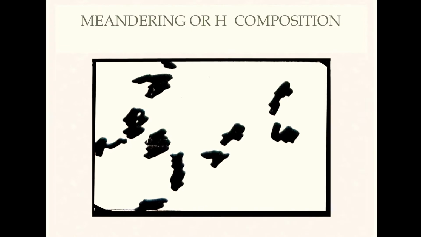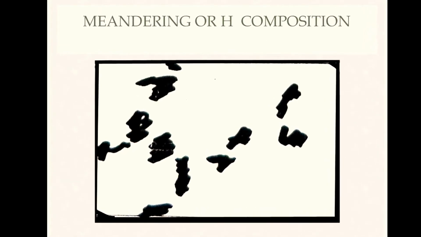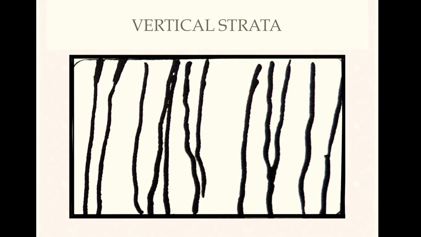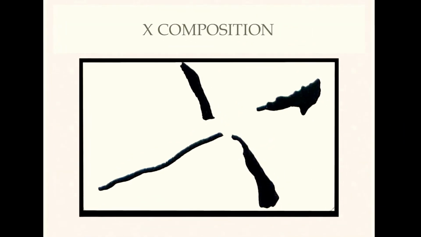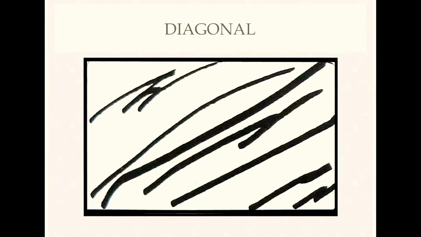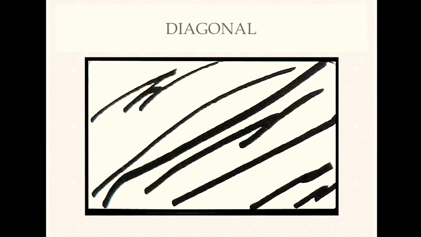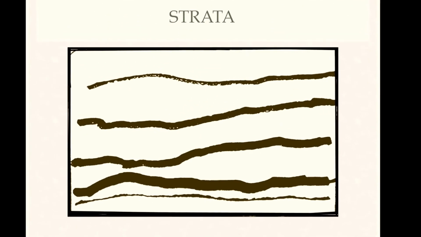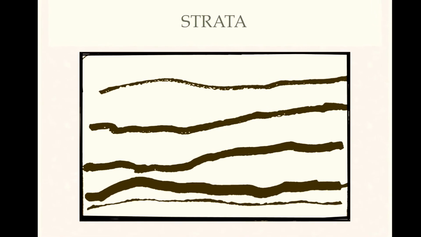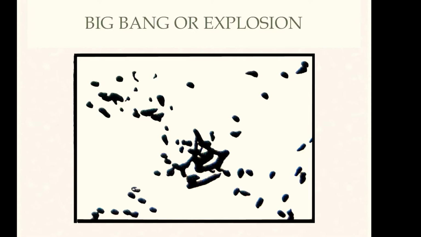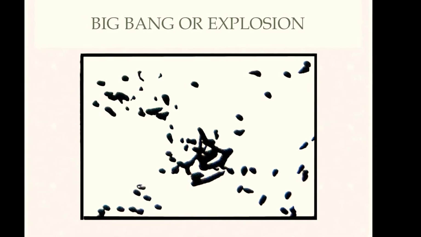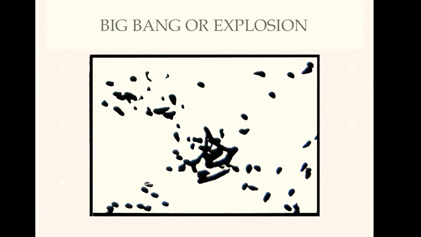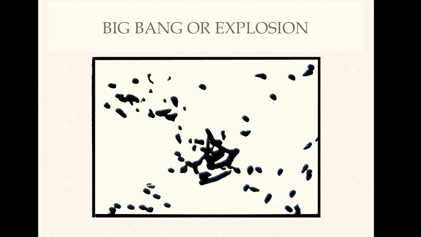You'll also have the meandering or H composition, the vertical strata composition, the X composition, the diagonal strata composition, the T composition, and the horizontal strata composition, and the Big Bang or explosion composition. Now you can use any medium you like I said, and you'll have a lot of fun creating all of